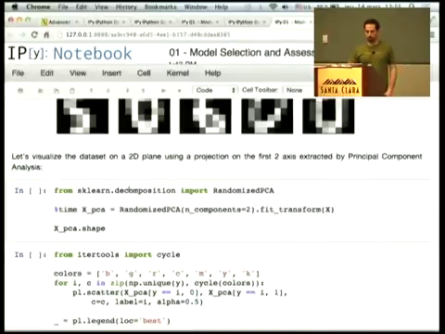We can import it from the decomposition package of Scikit-learn, and then run it by building an instance with the n_components parameter set to 2, because we want to project the data into 2 dimensions, the first 2 principal components of the data. Then we will call the fit_transform method on the data, and that will extract the structure of the data and project it into this space at once. The resulting variable will be X_pca,